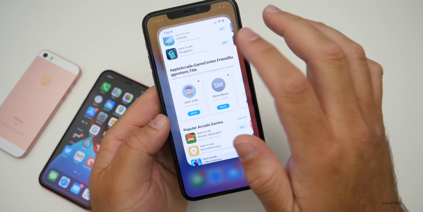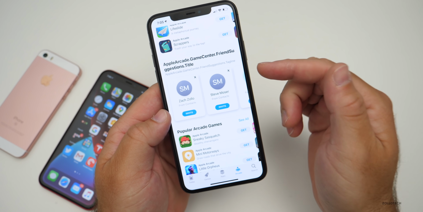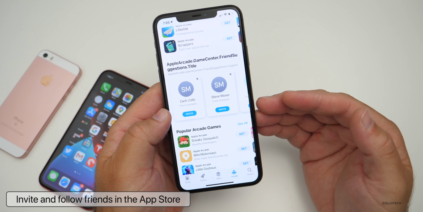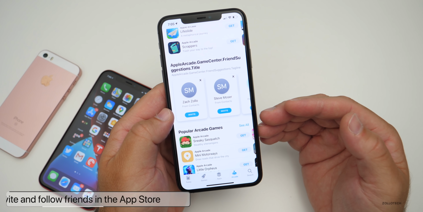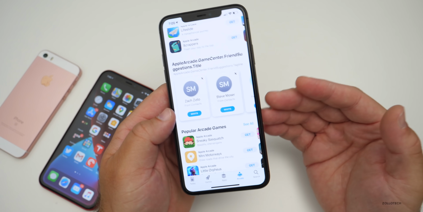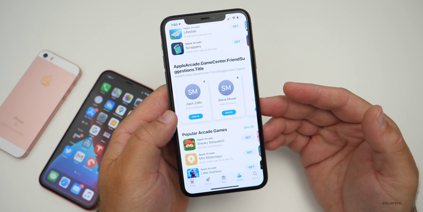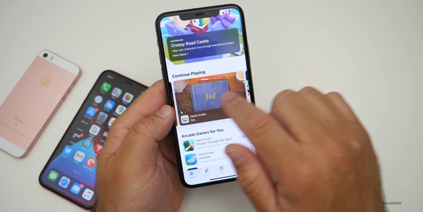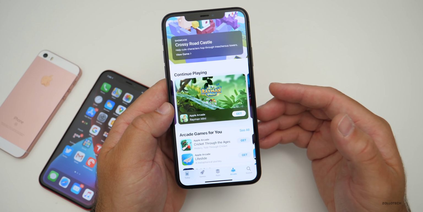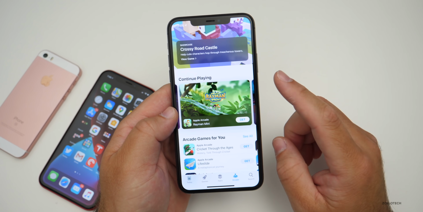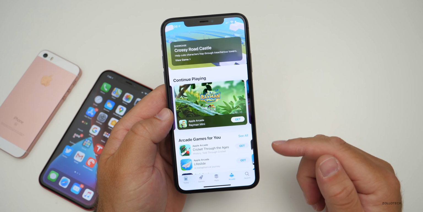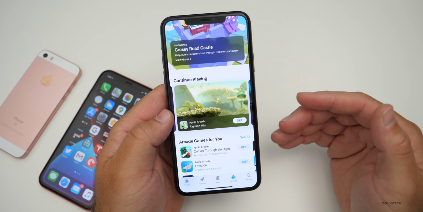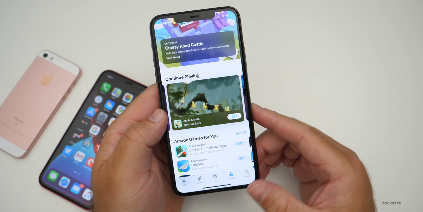Now, there's also some options in the App Store to invite friends to follow you as far as your arcade games, and you can follow them back, see what they're playing, and it gives you suggestions. Also, you have a redesigned Game Center, which is not something that I personally use, but they've redesigned it a little bit. And there's new sorting for Apple Arcade as well, and you'll see continue playing and things like that. So not huge updates that you can see initially, but those updates are there. And also, app developers can now make their subscriptions available for sharing among members of a family sharing group. So you can share it and it will let you know.